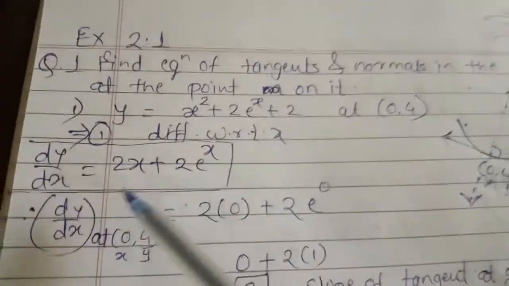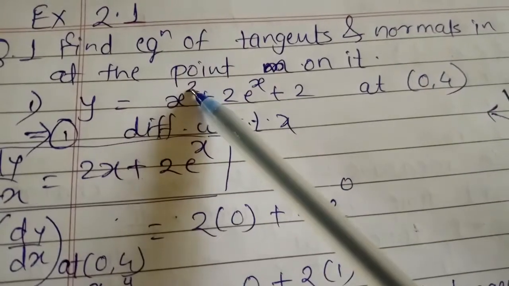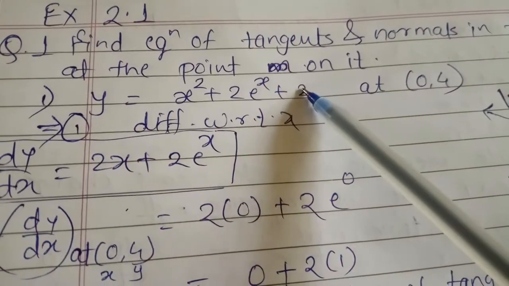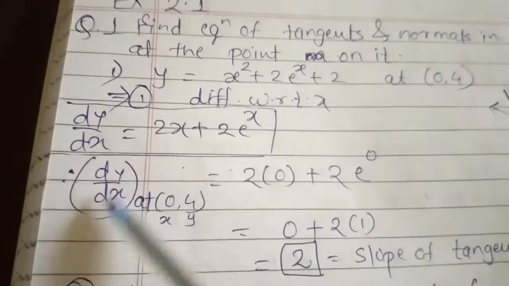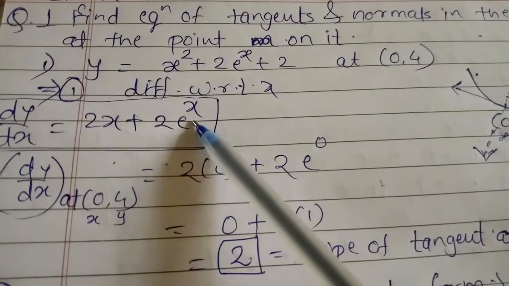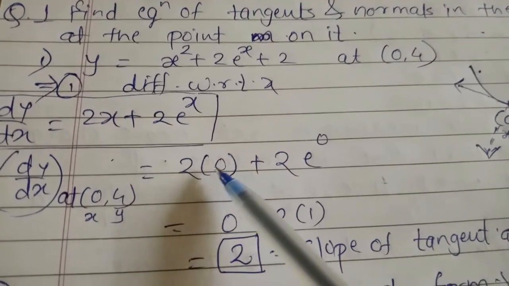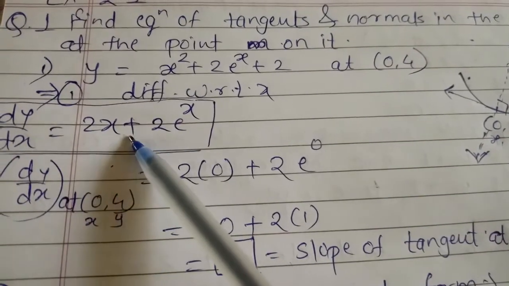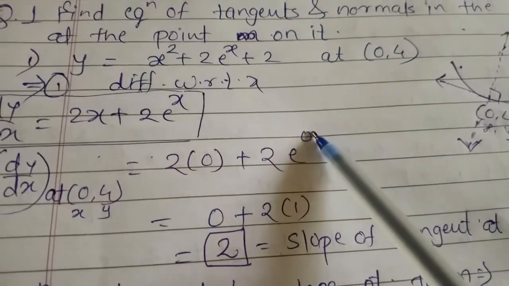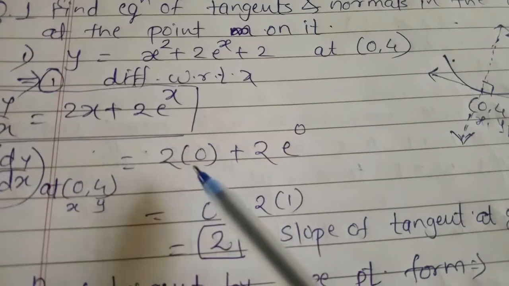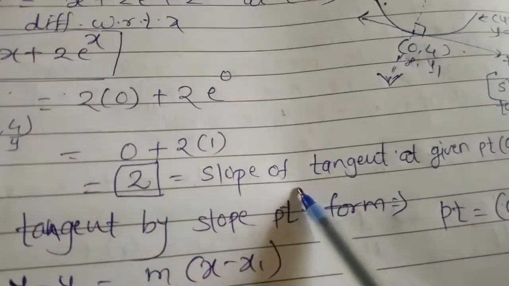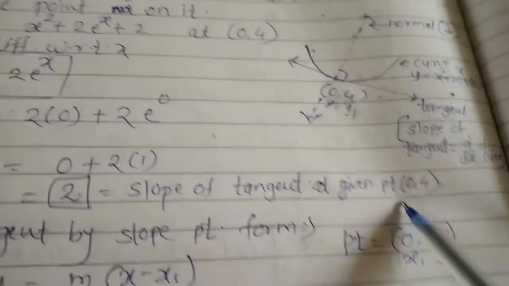So see, first we are going to take the derivative of the equation of the curve. So we get dy by dx is equal to, the derivative of x square is 2x, 2 as it is, the derivative of e raised to x is as it is, and the derivative of a constant is 0. So dy by dx at the point, which point are we given, that is (0, 4). So this is x and y. Just put this value here. So in place of 2x we have put 0. There is no y, so just put the value of x. So 2 e raised to x, here 0, and anything raised to 0 is 1. So 2 into 1, so the answer is 2. So this is nothing but the slope of the tangent at the given point (0, 4).